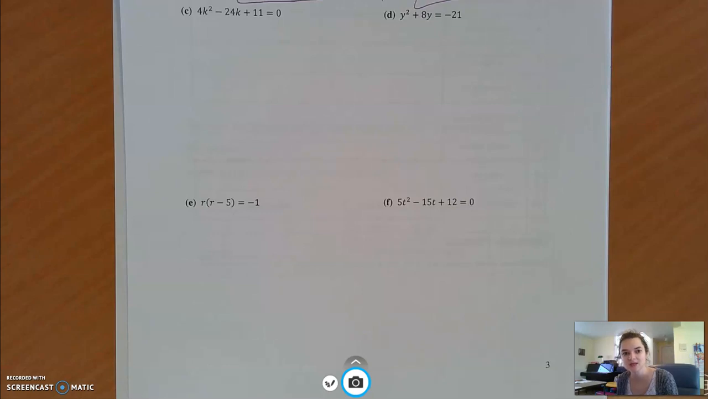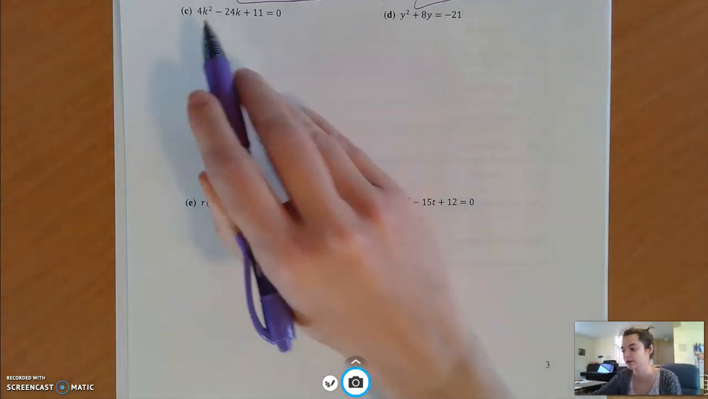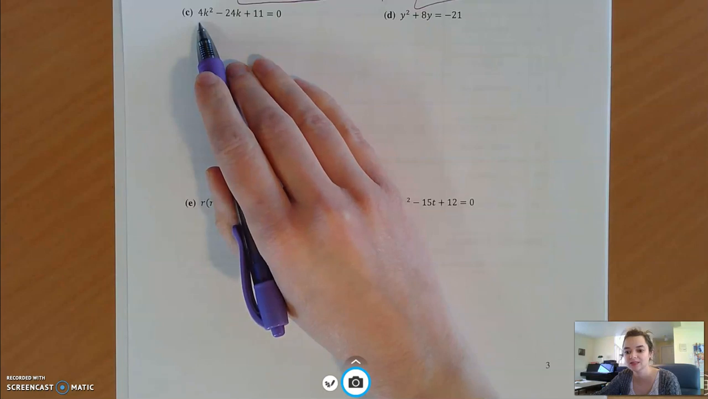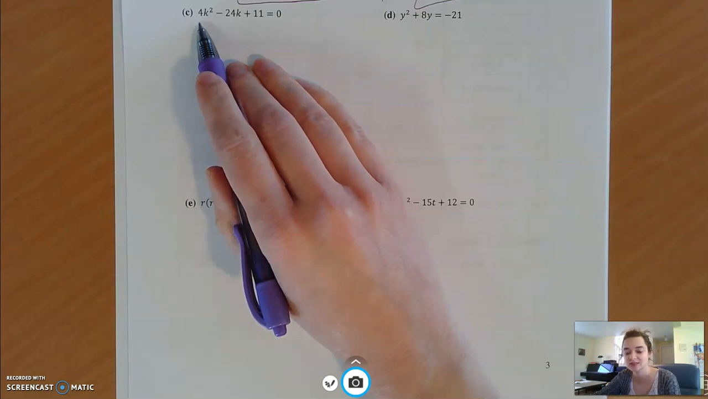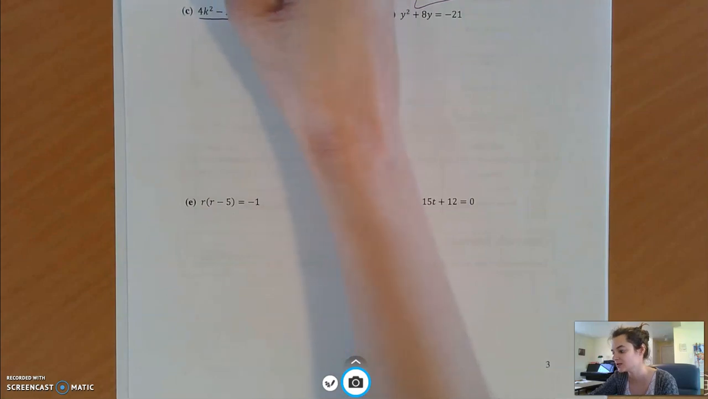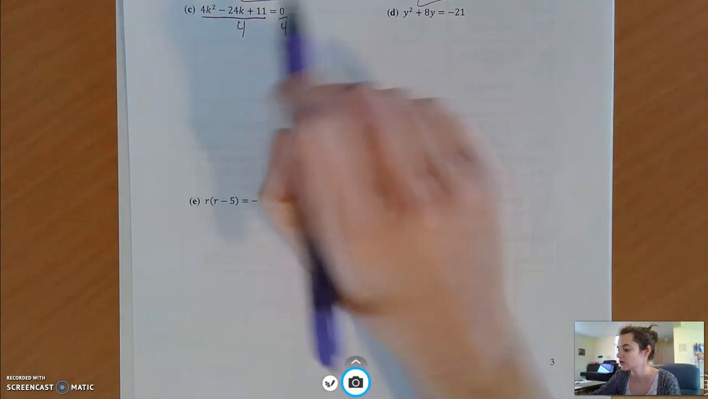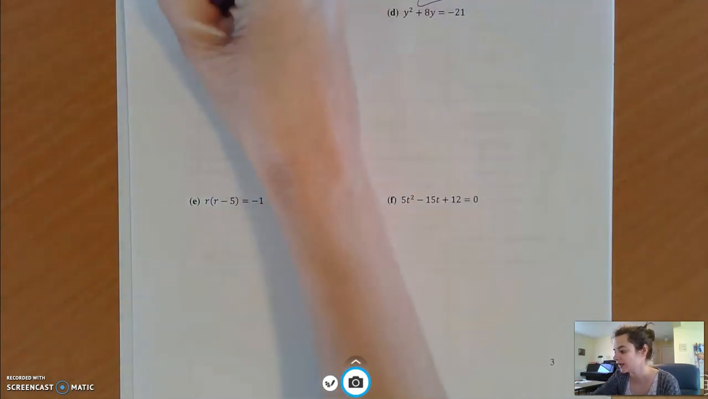Okay, so first one we have in part C is 4k squared minus 24k plus 11 equals 0. First thing hopefully you notice is that there's a coefficient in front of your k squared. There's a 4 here. And we really need to deal with that first. I can't emphasize that enough. Divide by 4 on both sides to get rid of that, okay? So 4k squared divided by 4 would be k squared